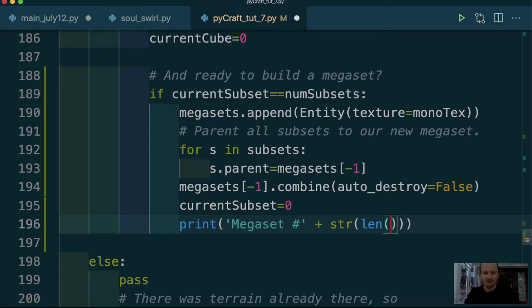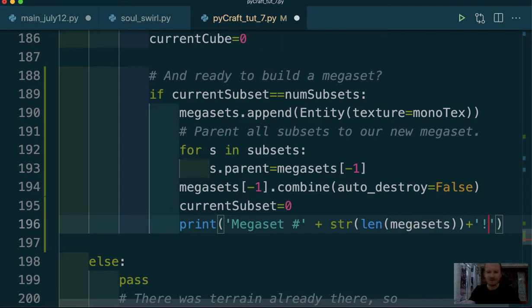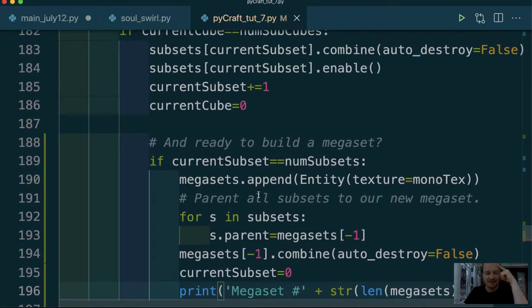Yeah, the length of the list, megasets. There we go. I was going to say created, or successfully created, but I'll just leave it at that. Oh, I know. Can I just fit in an exclamation mark? That would be lovely. There we go. So that will print in the console the latest megaset that we've created,